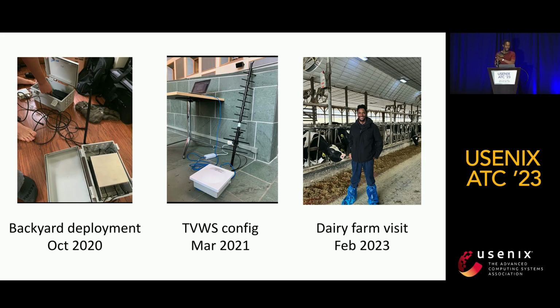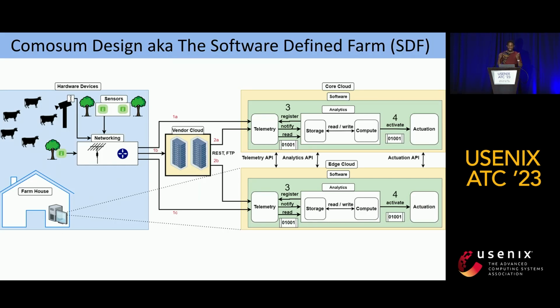So you can start looking at these images. This has been 4 years that we've been working on Comosum. And in this case, we tinkered with a lot of existing systems, including deploying things in our backyards during the pandemic because we couldn't go to the fields, and also doing tests at university farms to understand what bandwidth constraints we have, and how we can deploy new technologies like TV white spaces. TV white spaces is the image in the middle, where we're using TV channels, that is analog TV channels, for internet connectivity. So then, based on this extensive 4-year experience, we boiled the Comosum design down to two principles or